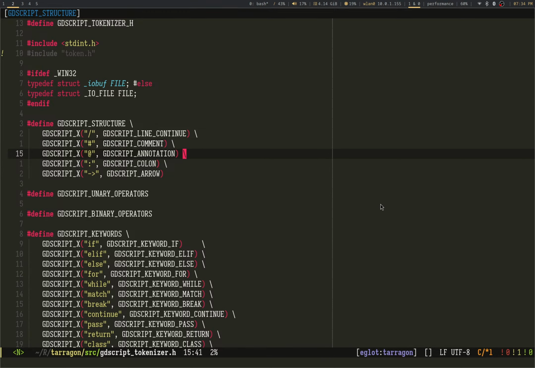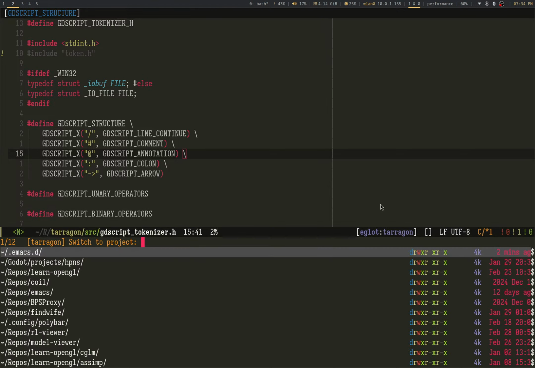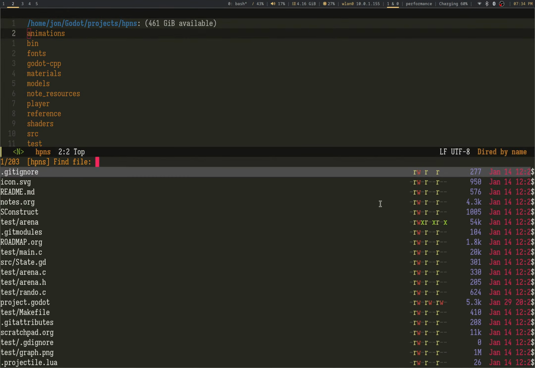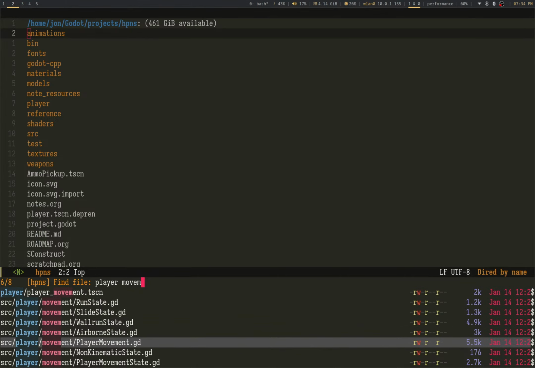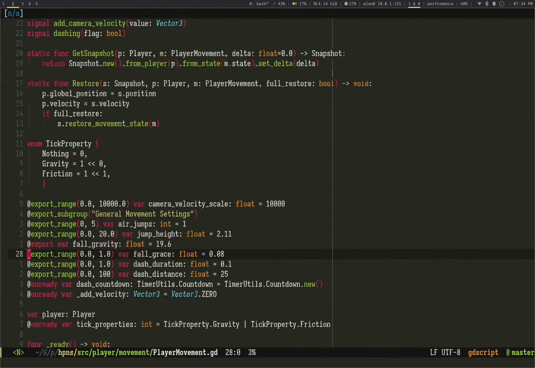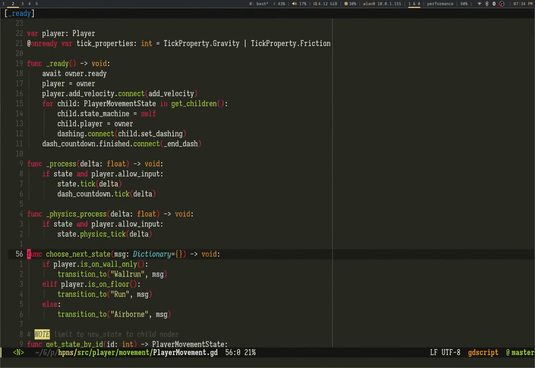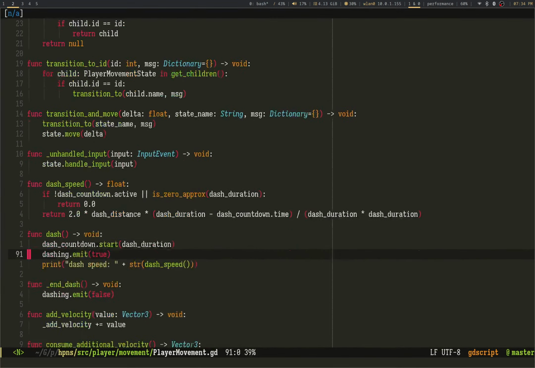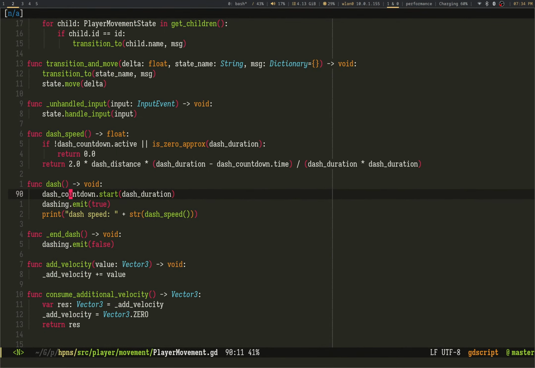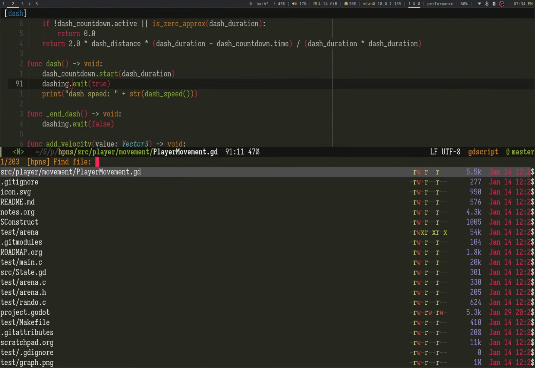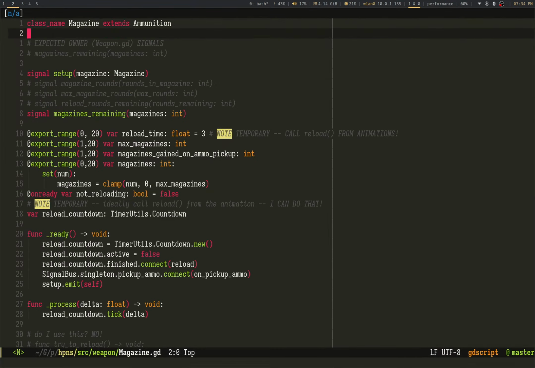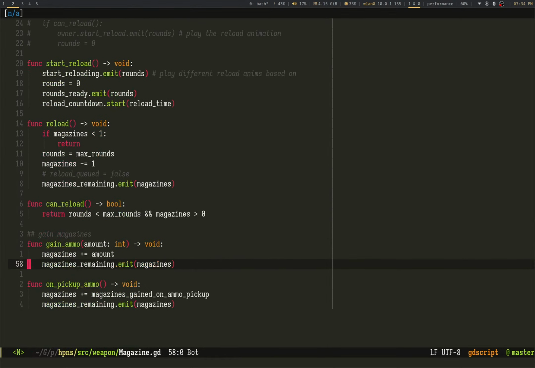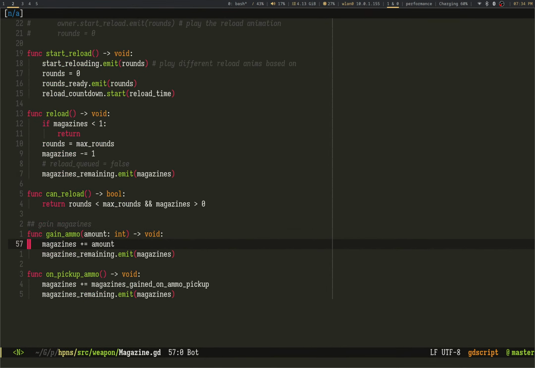I might actually check some of my own GDScript real fast. Let's see, player movement. Hopefully this is long enough. Did I do it here? Did I do it here? No, I did not. Where did I do it? Here? More about that later.